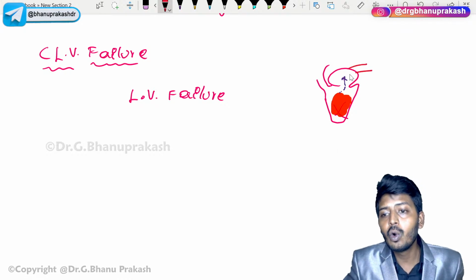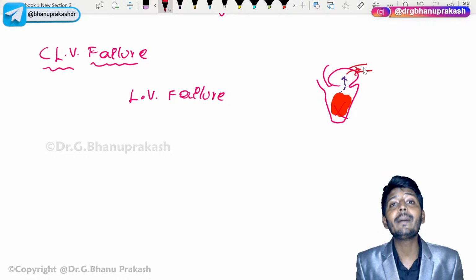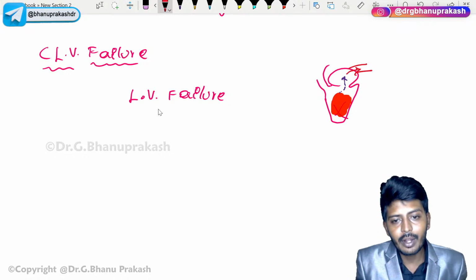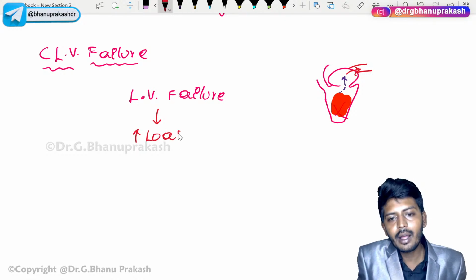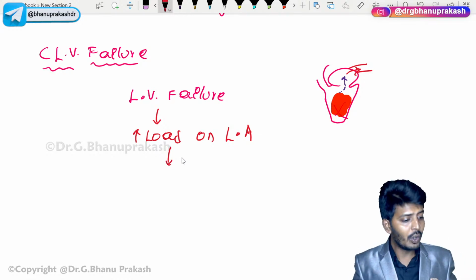Furthermore, what will it lead to? More blood pooling up in the pulmonary vein. So left ventricular failure automatically increases the load on the left atria. Very good. If there is an increase in the load on the left atria, now as time progresses, there will be